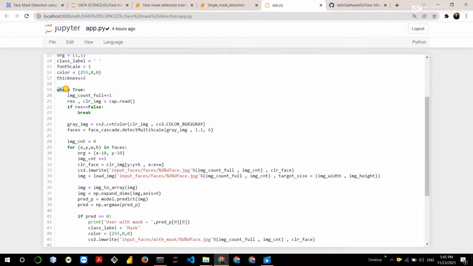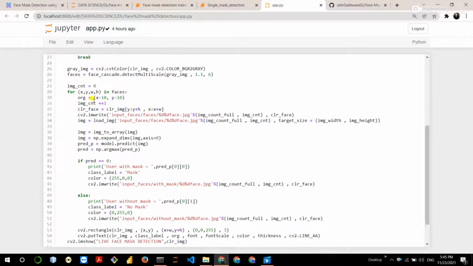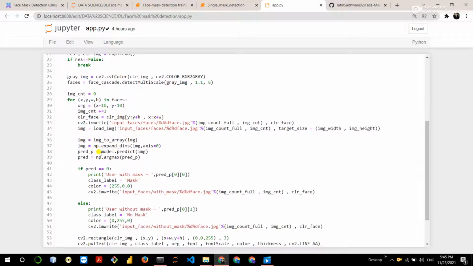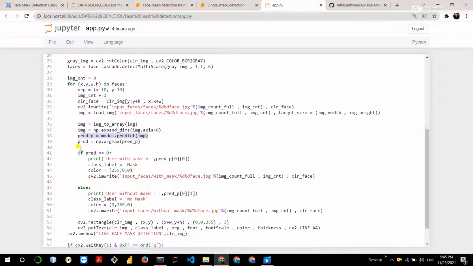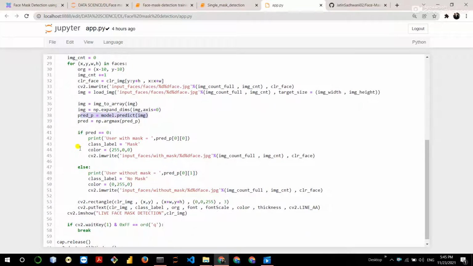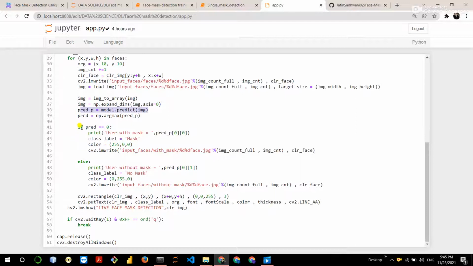Then use a while loop. Here you can see the model predicts on the image. If the camera opens, it captures the image and checks whether the person wears a mask or not in a microsecond. After this, if the model returns the value 0, it means the person wears a mask.